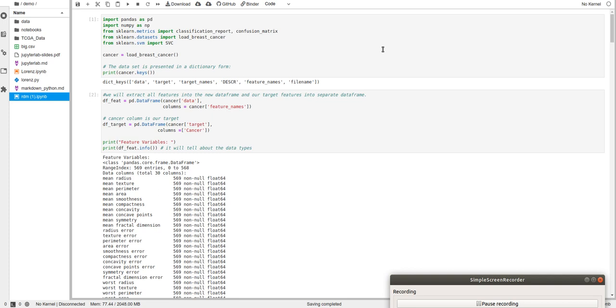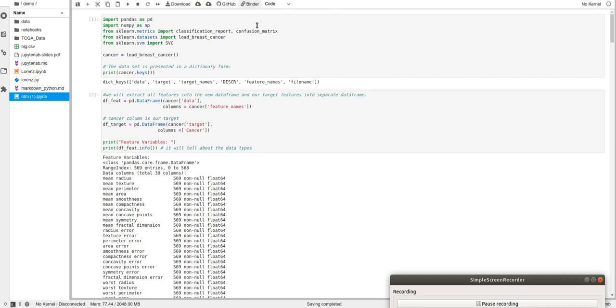Now, first of all, I will tell you that I'm using support vector machine here, SVM, and also I'm working with a classification problem here. Now the question is why I'm using support vector classifier, right? I'm using it because it gives us higher accuracy as compared to other classifiers. You can also use other classifiers like random forest classifier or any other classifier which is comfortable for you. But I am using SVM here, right?